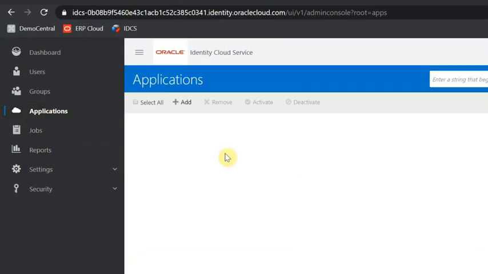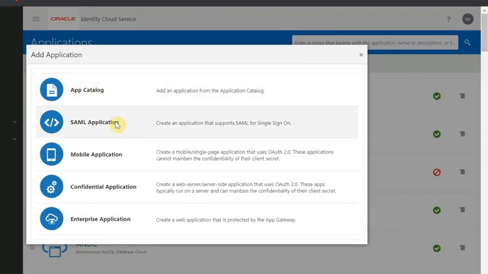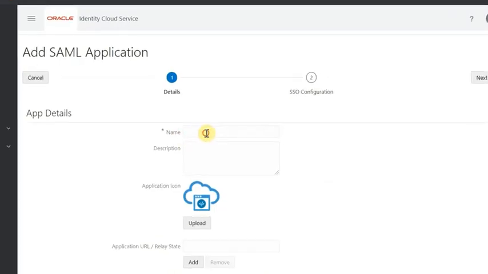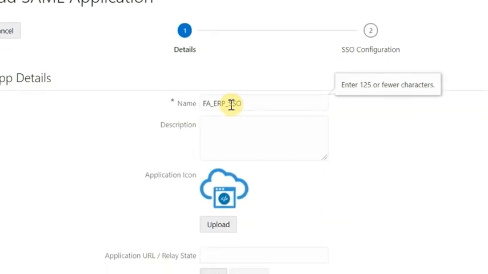Navigate back to the applications page and click Add. Select SAML application. Provide a name for this application to reflect your ERP Cloud instance and append _SSO to the end of it to differentiate it from the _PROV provisioning application.